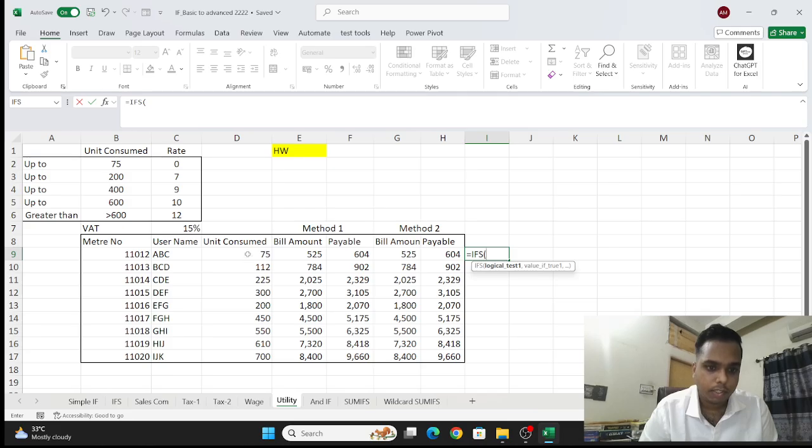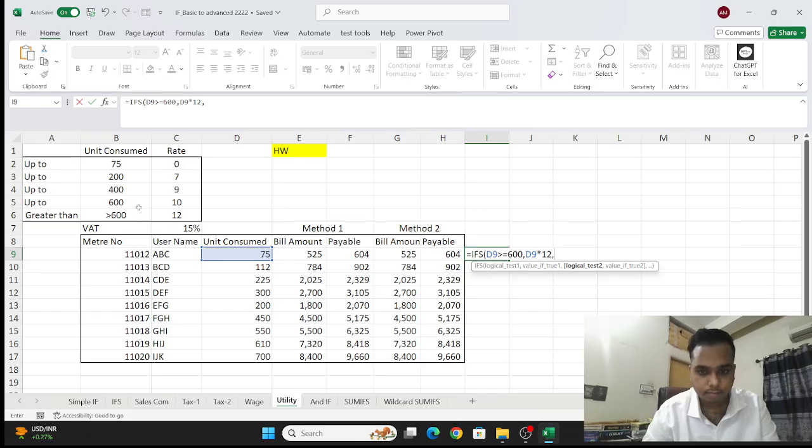If the unit consumed is greater than or equal to 600, the rate is 12, so it will give the unit consumed into 12. Next, if it is greater than or equal to 400,